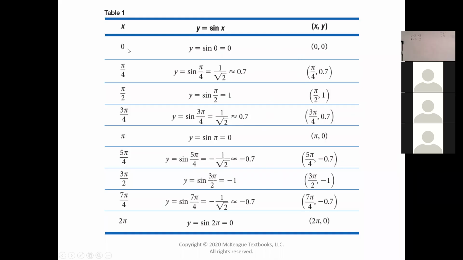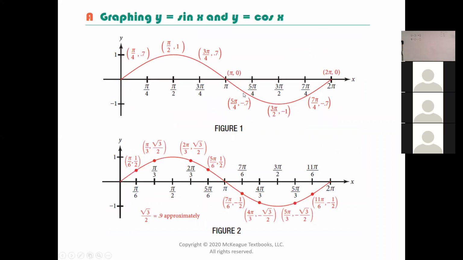But nonetheless, we cannot plot an infinite number of points because we would be here till the end of time. And so these are the nice points that we've chosen to plot in the XY plane. So let's go ahead and plot these points. And after plotting those points in that table that we just saw, then connecting them with a smooth curve here,